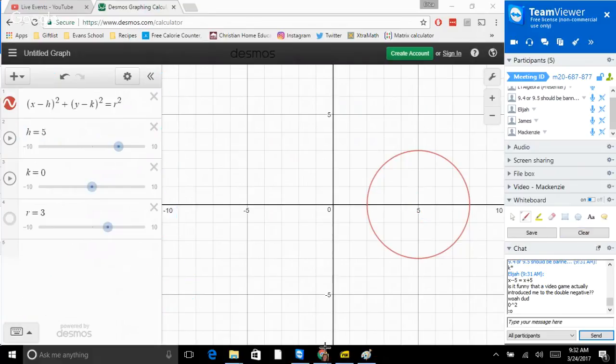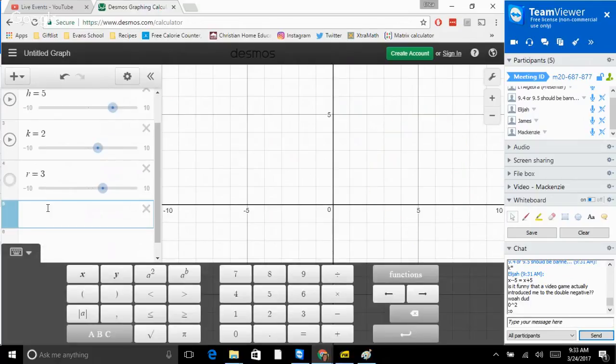Okay, so I think you guys probably figured this out. If I want to move this circle to 5, 2, I need to move my y component up by 2. Okay, and this works for all of our equations. So let's leave